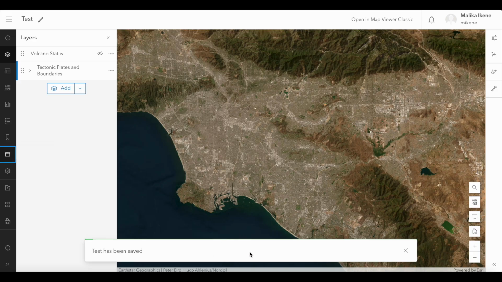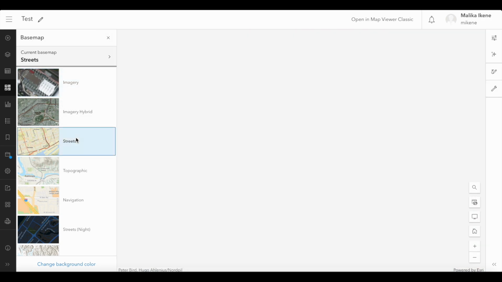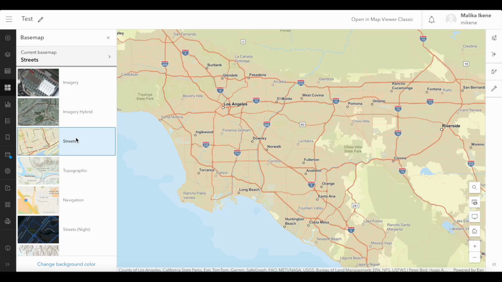I can see this is the case via the banner at the bottom of the screen and the lack of blue icon badge on the save icon at the left-hand side of the screen. If I were to make a change on my map, for example, if I were to change my base map into something different, because I've made a change, the blue icon I talked about before conveniently lets me know, hey, there's something here that you haven't saved. This time, if I click on the save icon,